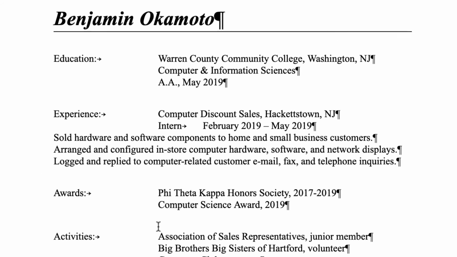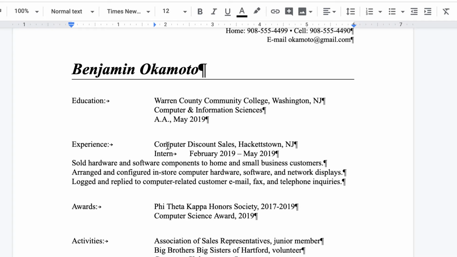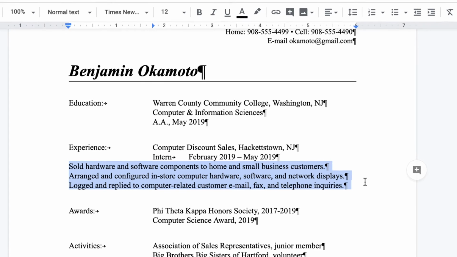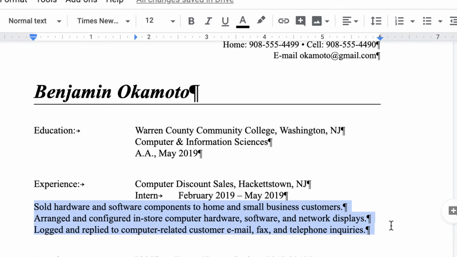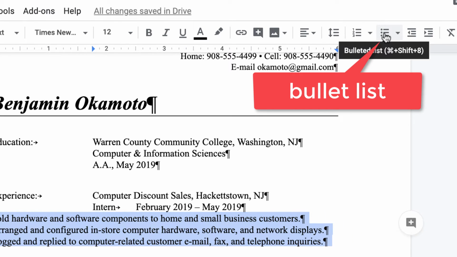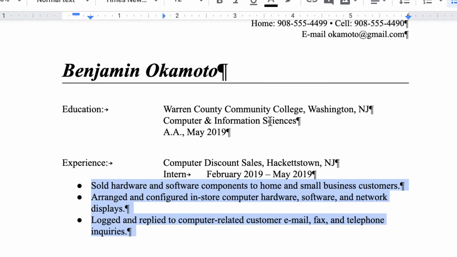So the next part we're going to do here, everything looks okay so far. And I think the next step here is highlighting this, and we're going to put this in a bullet list. Now, a bullet list in Google Docs is over here. So I'm just going to click on it and see what happens. Now, it's not in the right location. We want the bullets here, and then we want the hanging indent. Now, by hanging, we mean that all the text wraps underneath the letters,